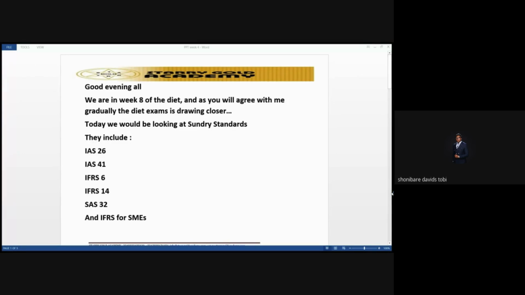So it's very important that we consider IFRS for SMEs, right? I lecture IFRS diploma, and I noticed one trend that those sitting IFRS diploma do not joke with IFRS for SMEs in their exams. I don't know why they've not really given it so much attention. If I were an examiner, I would just do something on it, to shock students, because students don't really prepare for IFRS for SMEs, right? There are about 24 standards for IFRS for SMEs. If I'm not mistaken, there are about 24 to 26. I can't really remember that.